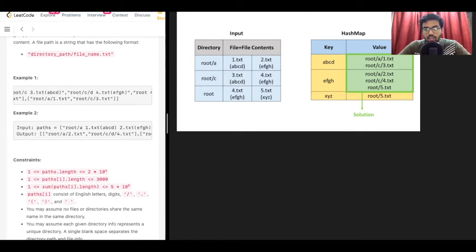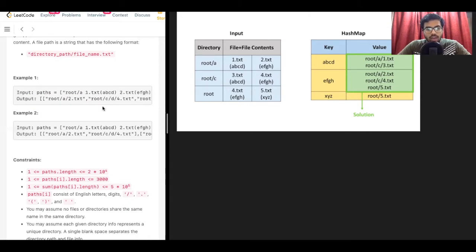One is root slash a slash 1.txt, and the other is root slash c slash 3.txt. So these are the two files which have the content abcd, and therefore they should come in one array of strings as an answer.